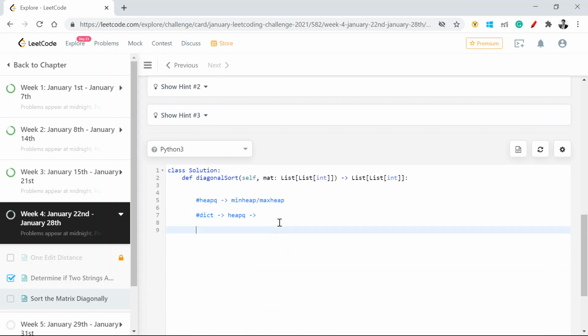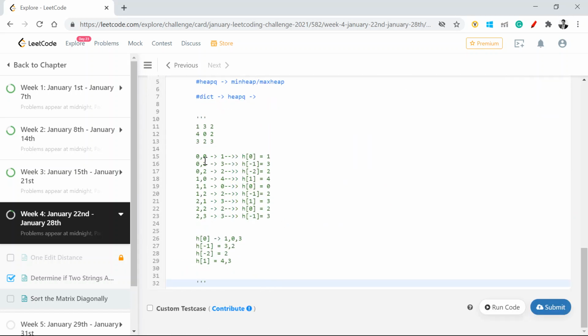I have already penned down an example. If you can see the screen, I have an input matrix which is 1 3 2, 4 0 2, 3 2 3. At 0 comma 0 index I have a value 1, at 0 comma 1 I have a 3.